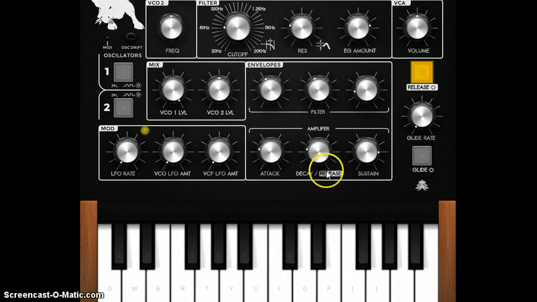Now, decay and release are on the same dial, as that's how long it takes for the sound to die out. At the moment, it's rather low, so if you listen again, and if I set it all the way to the top, if you listen once more,